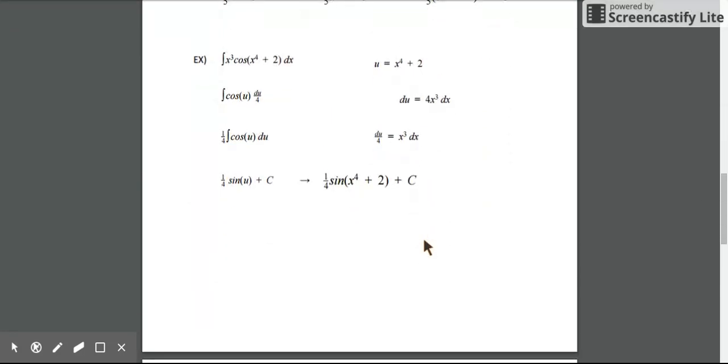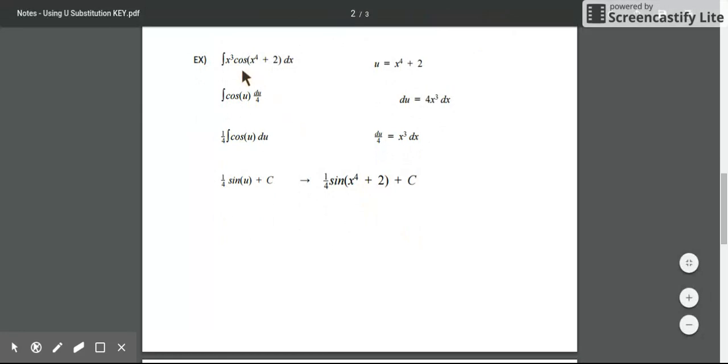Let's get a little bit fancier here, involving a trig function. But we still have a composite function. We still have an inside function and an outside function, and we might also have a product rule, but let's see what happens. So if I take that inside function and I substitute it for u,